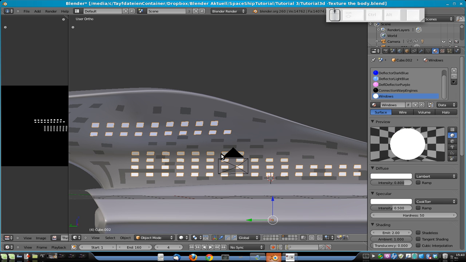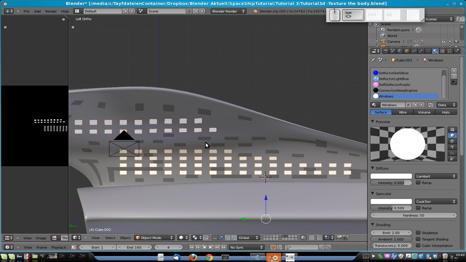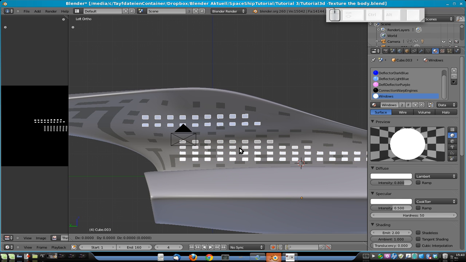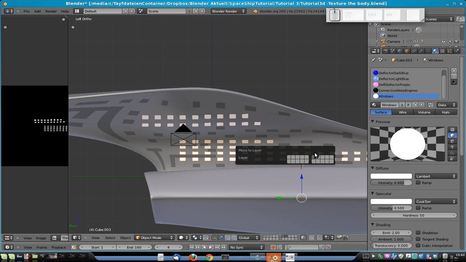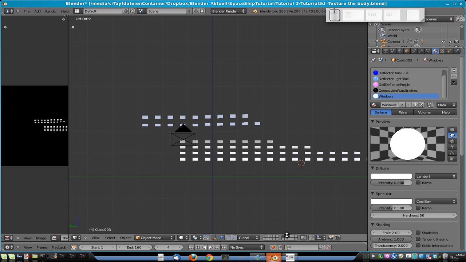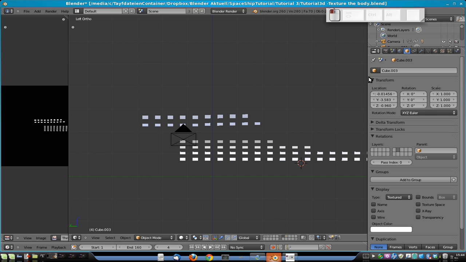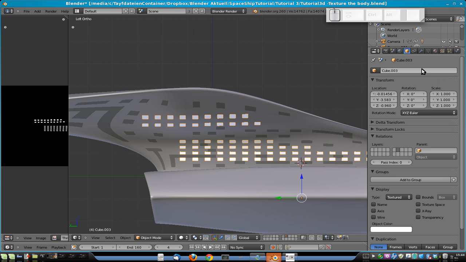And let's make something else. Go back to this view and copy our windows and move them to layer 7. Okay, if we now go to layer 7, we have Windows and our ship, and in this layer we just have Windows. Let's see what kind of name our Windows has here. That's of course very stupid. Windows light texture. Okay, and let's go now here and call those